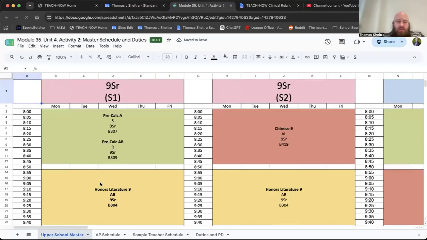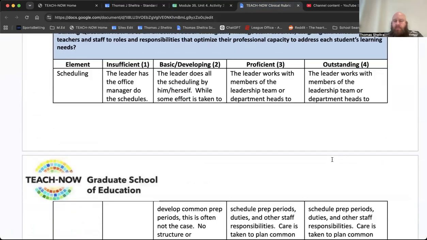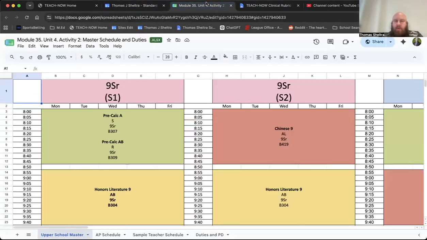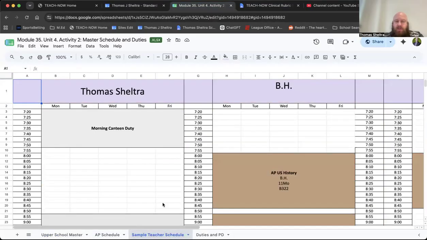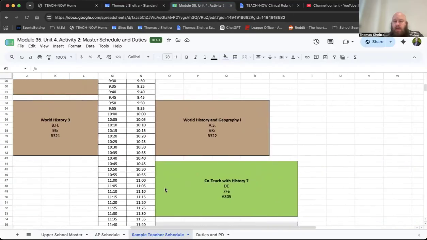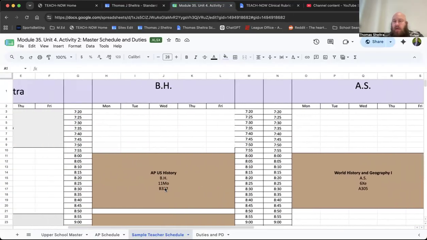And so here we're going to be looking at an example of what our master schedule looks like. One of the things that I put here for outstanding is working with my mentor, Mr. Cumberworth. And so I did not create the master schedule. And then here is an example of what a teacher schedule looks like. And I did not create this,